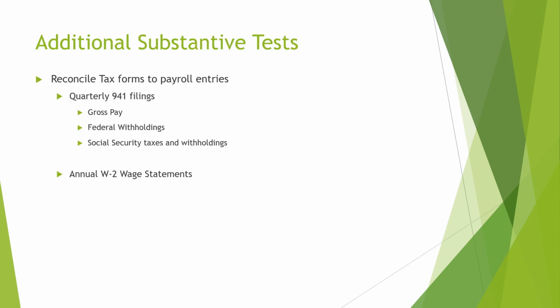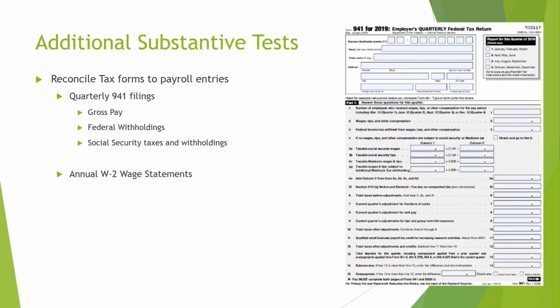So some additional tests that we'll usually perform is we'll reconcile the payroll to some of the quarterly reporting to the federal government. So for example, on the 941, which is filed quarterly, that should correspond to our gross pay. Should have our federal withholdings and our social security taxes and withholdings on there. This should correlate with our general ledger, correspond with it, and the ins and outs should tie right out to this 941. When they don't, there could be some timing differences in there, but you really want to tie that